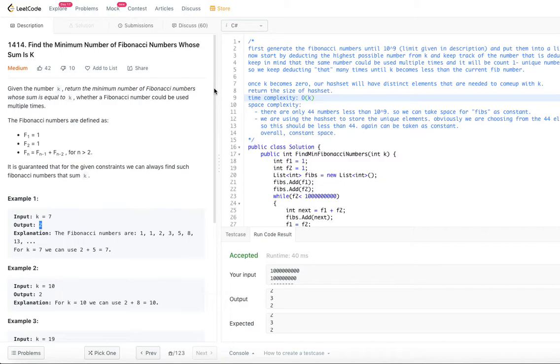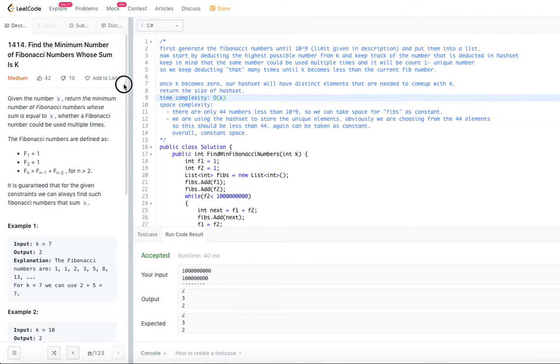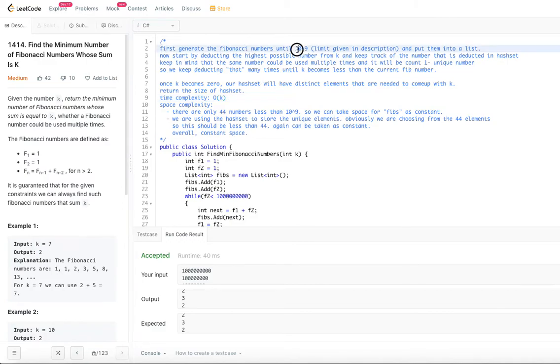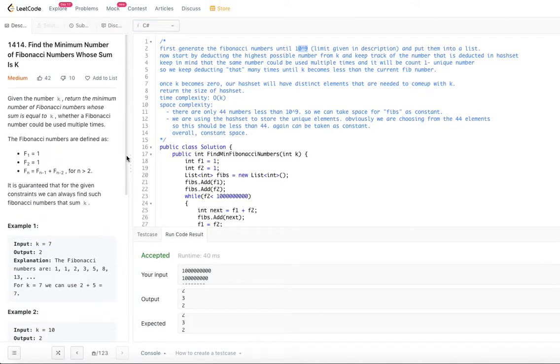In some cases it is more than log k, but in some cases it is less than log k. So there are very few Fibonacci numbers for a given k. What we are going to do is generate the Fibonacci numbers until 10 power 9, which is the constraint given in the problem description, and put them in a list.